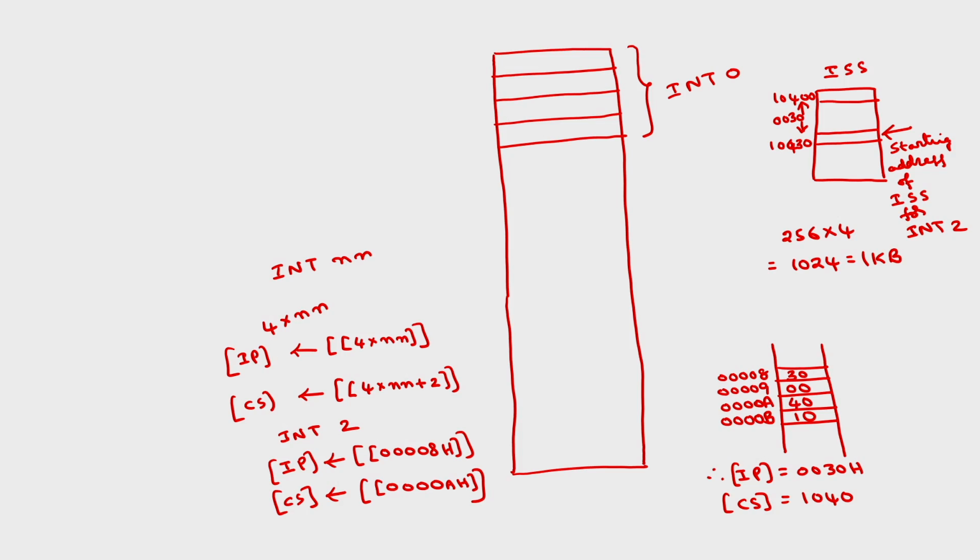So you see how the branch address of the interrupt will be computed. Whatever this n is, that will be multiplied with 4, the contents of that will be stored into the instruction pointer, and the contents of this 4n plus 2 will be loaded into the code segment register. Then within this code segment, this is the offset. So from that address onwards, the microprocessor will execute the interrupt service subroutine, and the last instruction will be an IRET, a return.